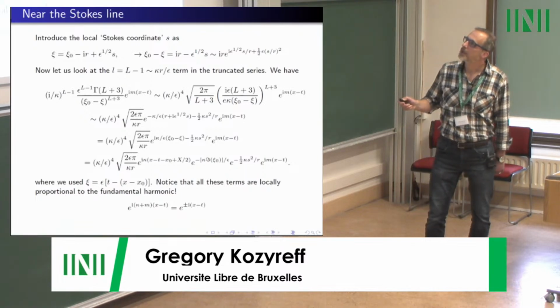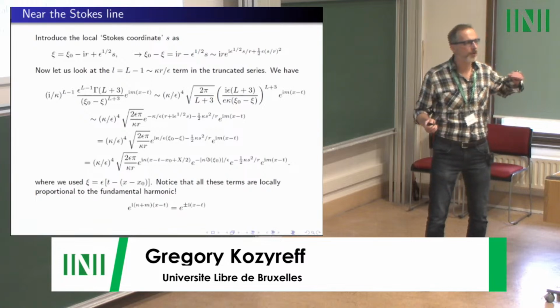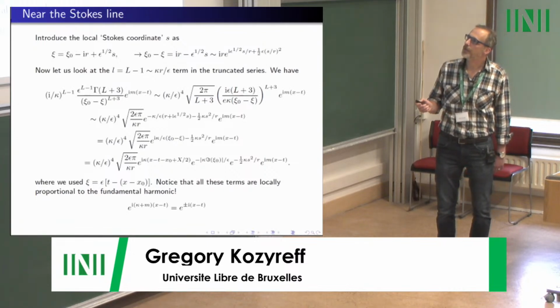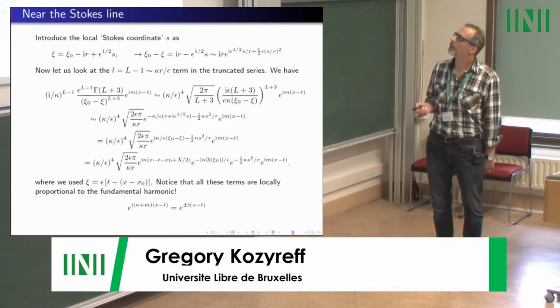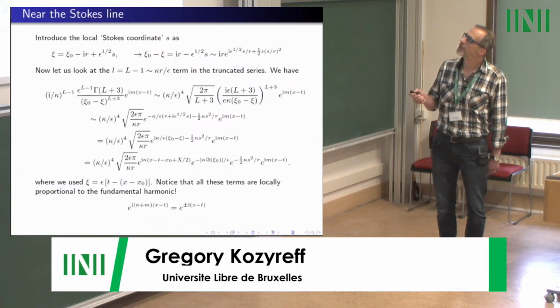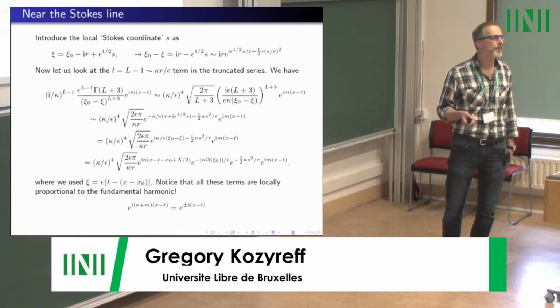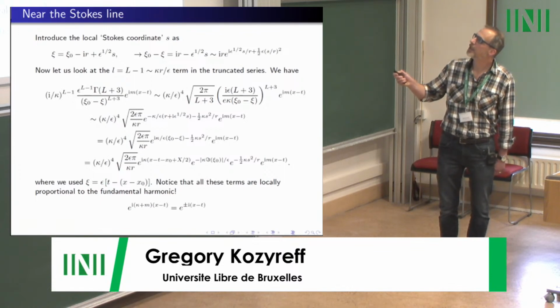So I write psi naught minus iR, and then I write epsilon to the 1/2 times s, so that's a horizontal coordinate. And so locally, I write a new coordinate in this way. This is the Stokes coordinate, but I could asymptotically, in an equivalent way, write psi naught minus psi equal to this exponential there. So in the limit of small epsilon, this is asymptotically equivalent to this, and that's easy